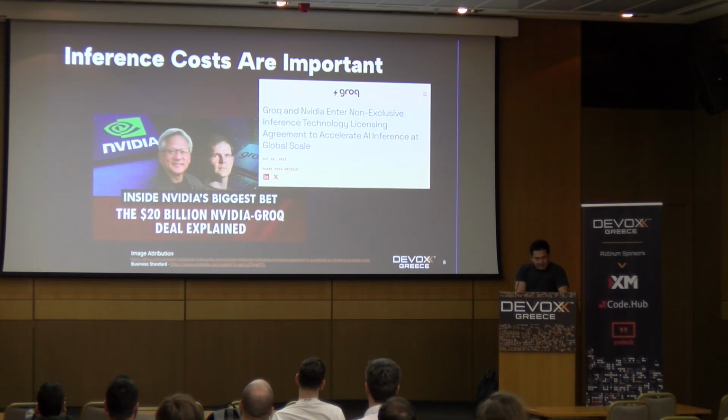And here you see this other thing, right? This other news story where NVIDIA did an acqui-hire and non-exclusive agreement to purchase Grok. So basically, be able to use their hardware. If you're not familiar with what Grok does, they're actually an inference platform. But more importantly, for the inference platform that they provide to the public, the end user, they create and build their own hardware. And actually the founder of that company worked at Google building their TPUs.